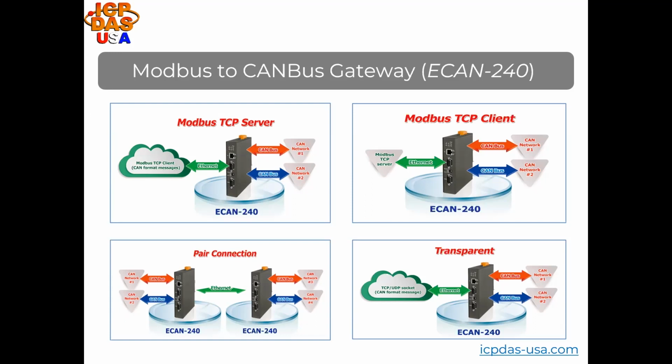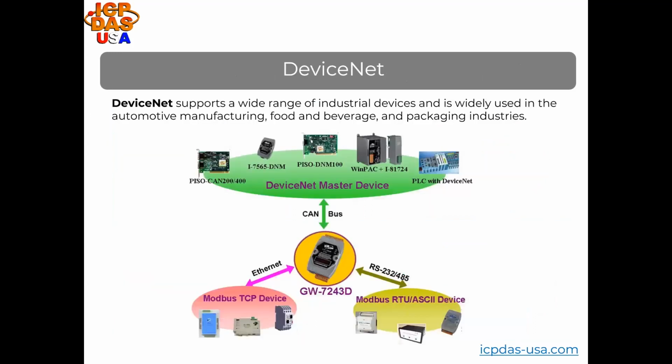DeviceNet is a digital multi-drop Fieldbus network that provides connections between simple industrial devices like sensors and actuators and higher level devices like controllers. DeviceNet has master slave and peer-to-peer capabilities. It's easy to set up and configure and supports up to 2,048 devices in a single network. We provide data acquisition, DeviceNet modules, gateways, PC communication boards, and communication modules that you can use in our LINPACK